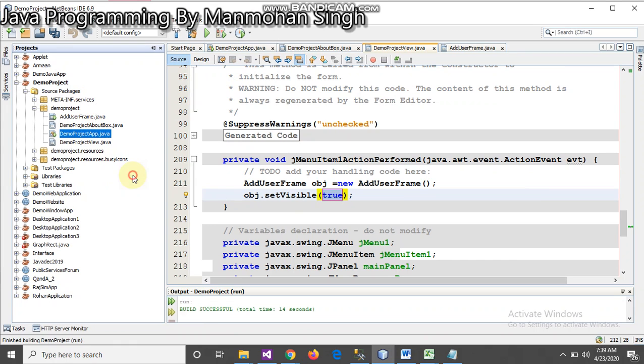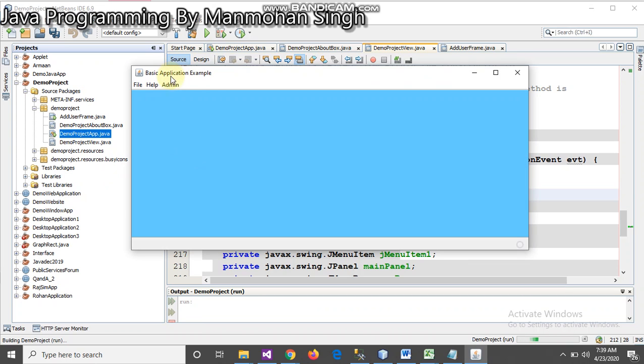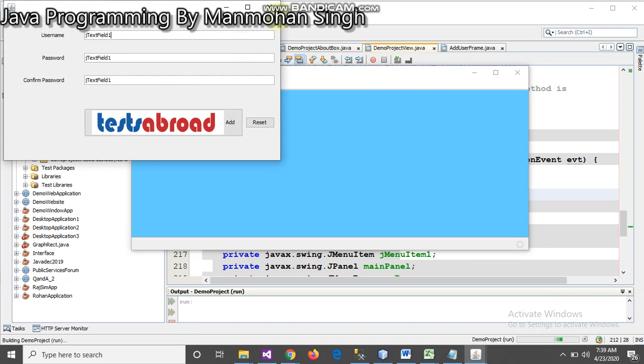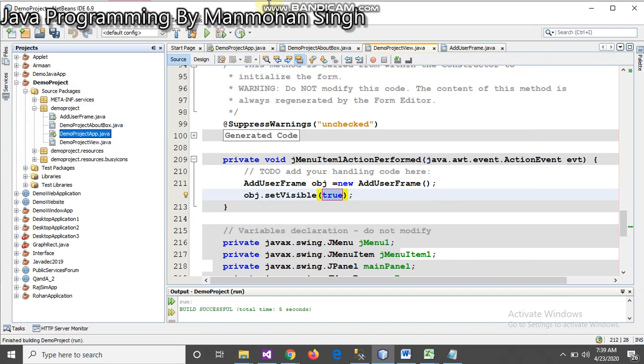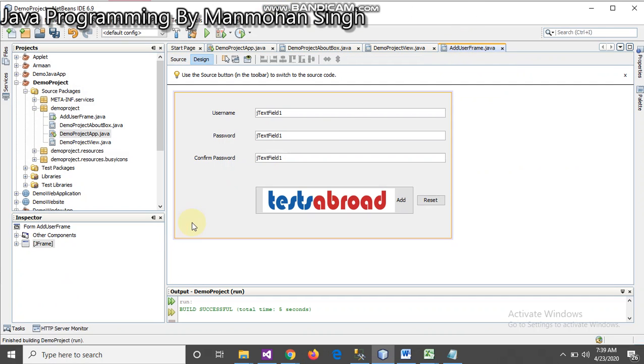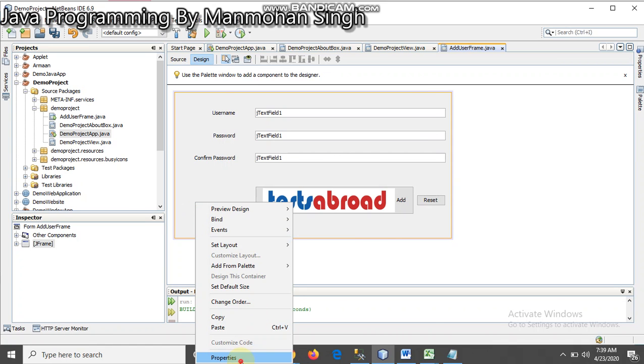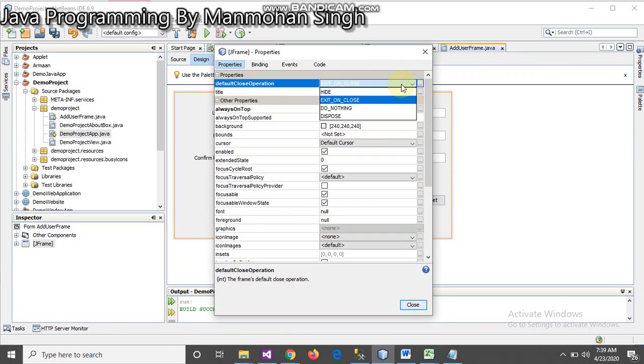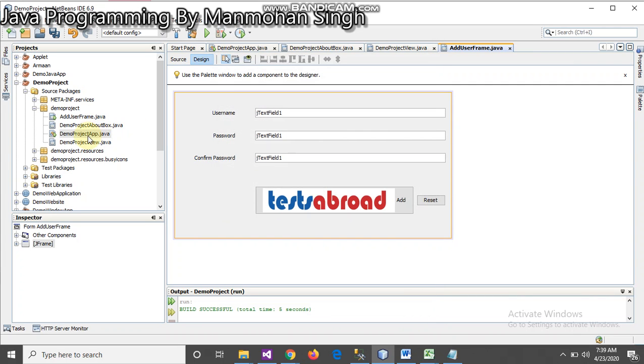You can look again. I have clicked this, I have opened this, and when I close this, the previous menu frame also gets closed. That is what I was telling, that when you go to properties, instead of exit on close, go for do nothing, and now run it again.